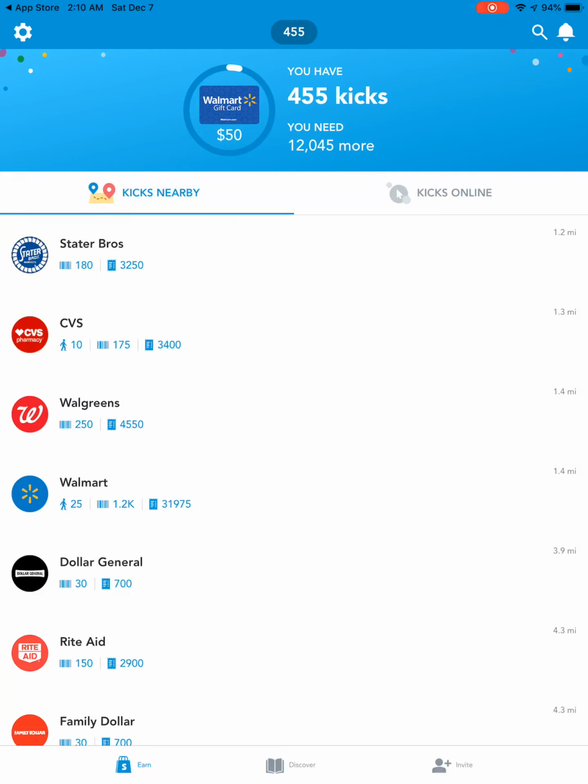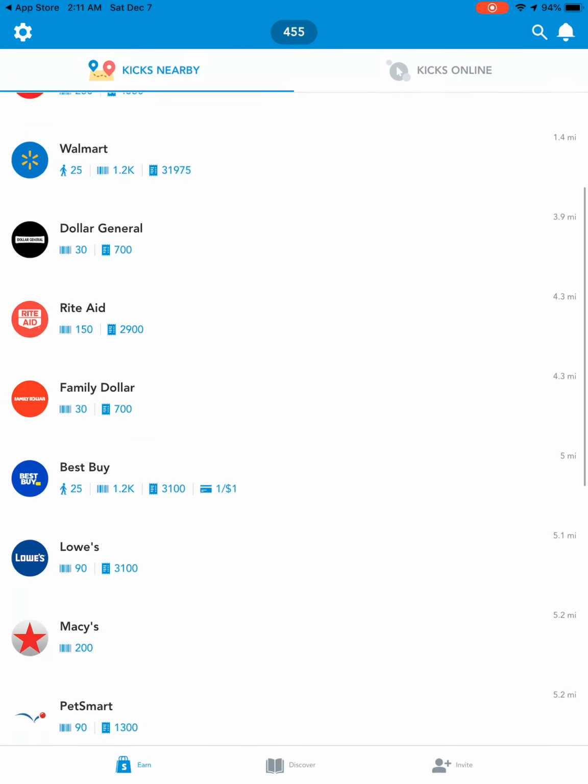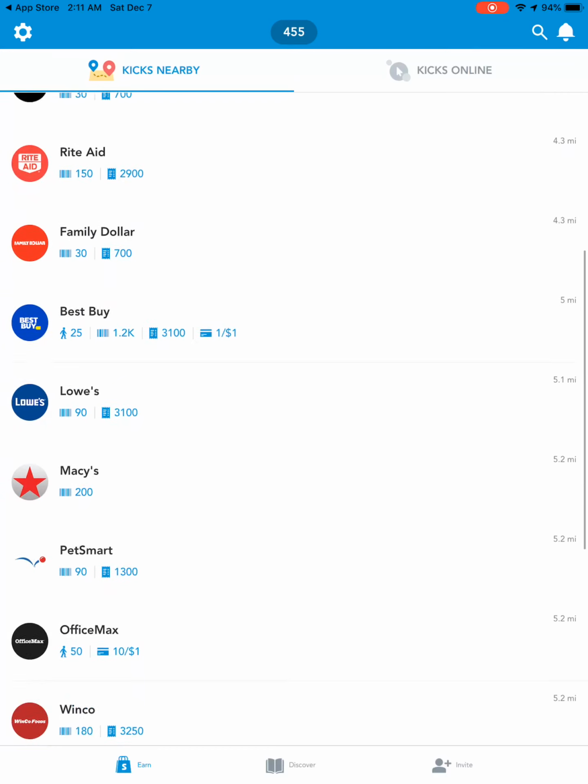So let's just take CVS, which is the second one down. You have Stater Brothers first, then you have CVS. You see the little man that's walking right there? That means that if I was to walk into CVS, I would earn 10 shop kicks just by walking into the store. So anytime you see the little man icon that's walking,